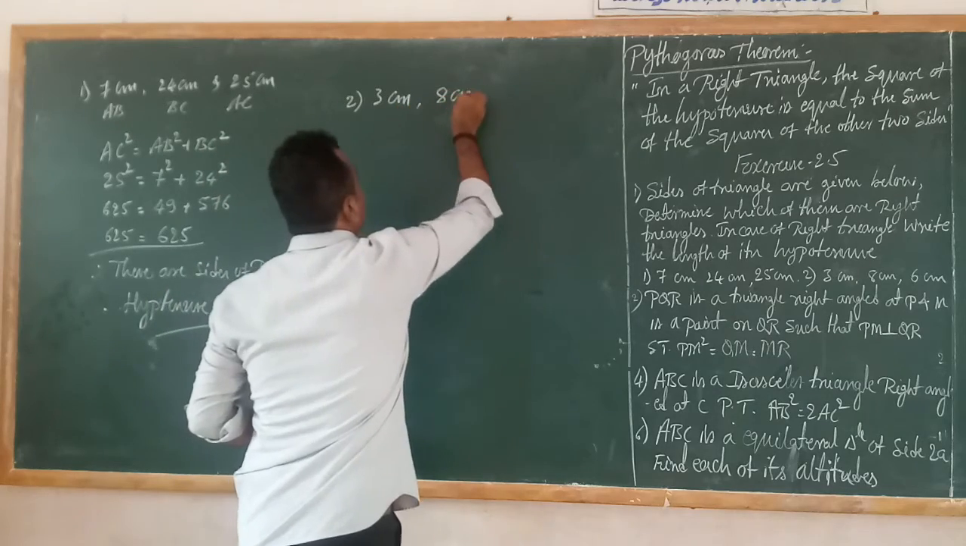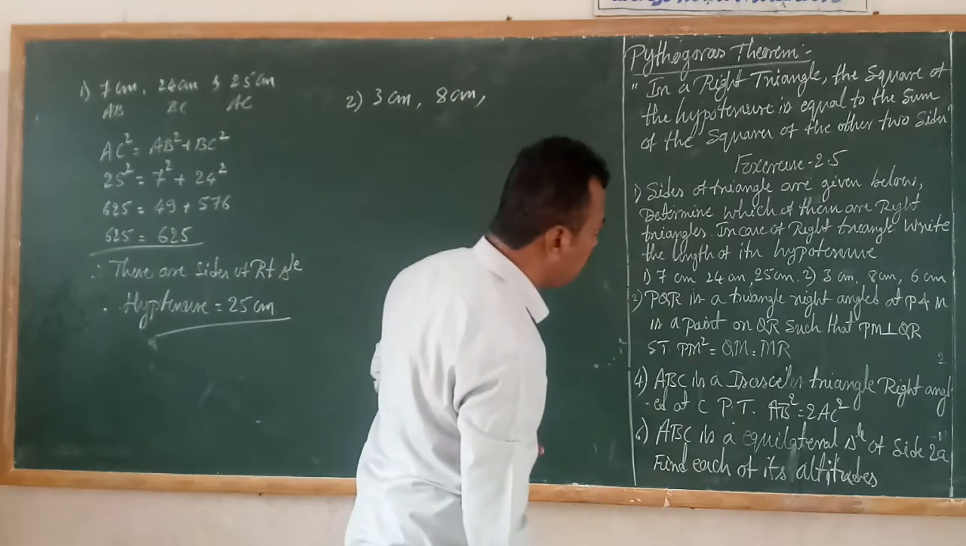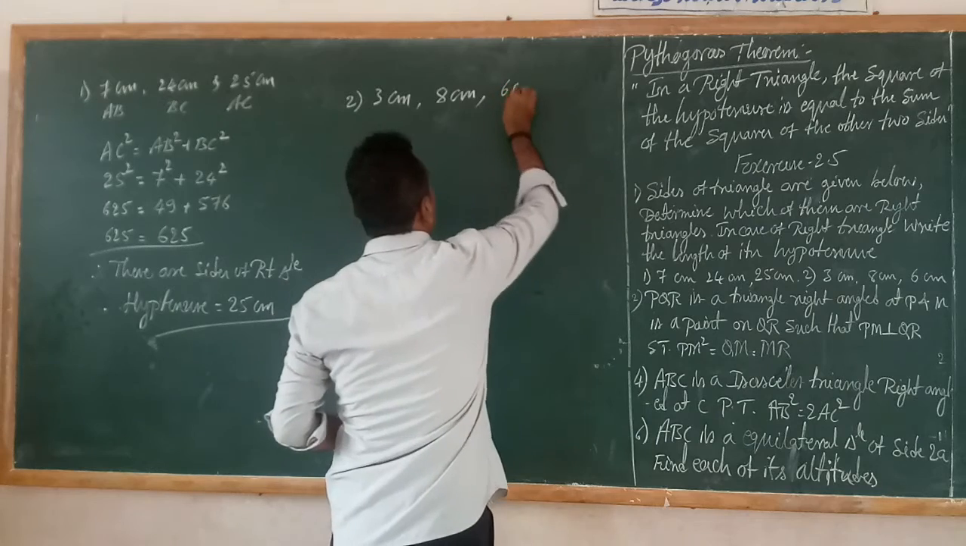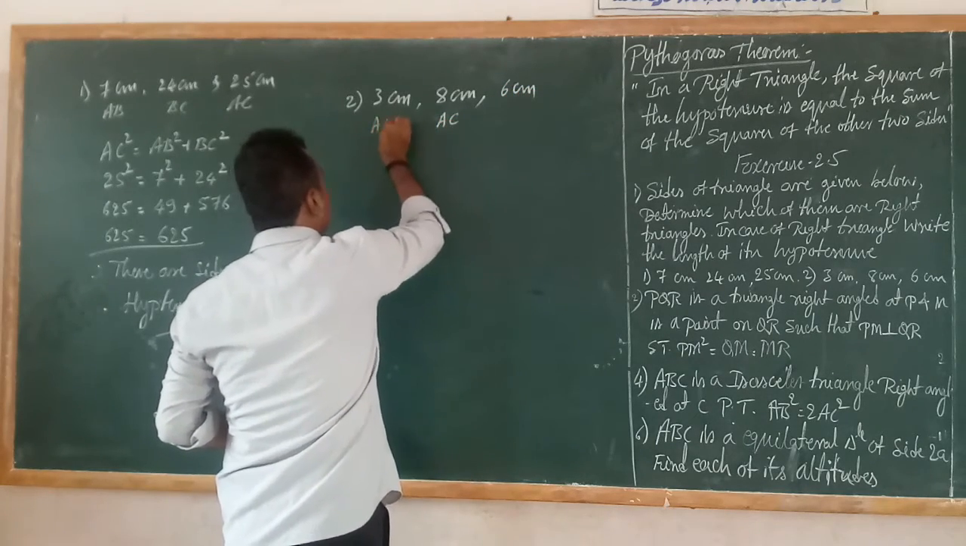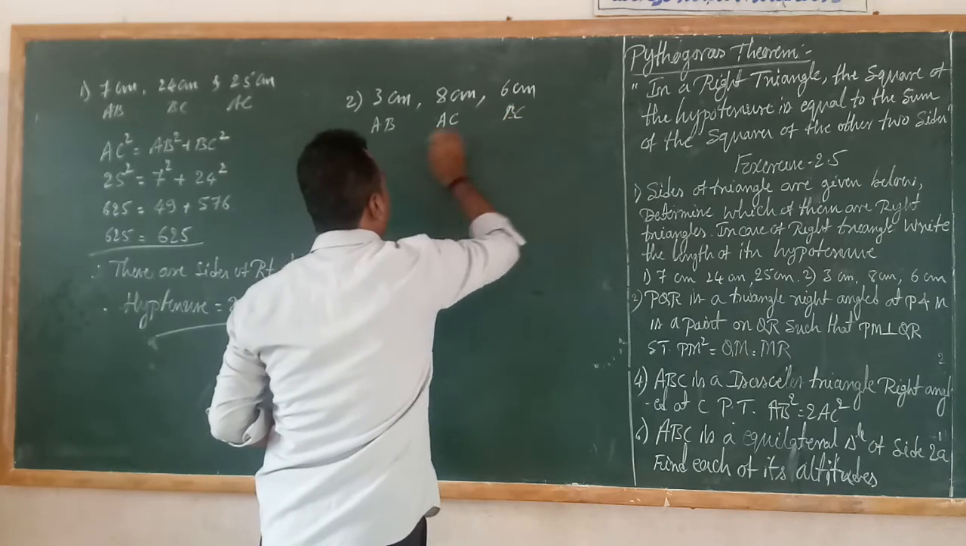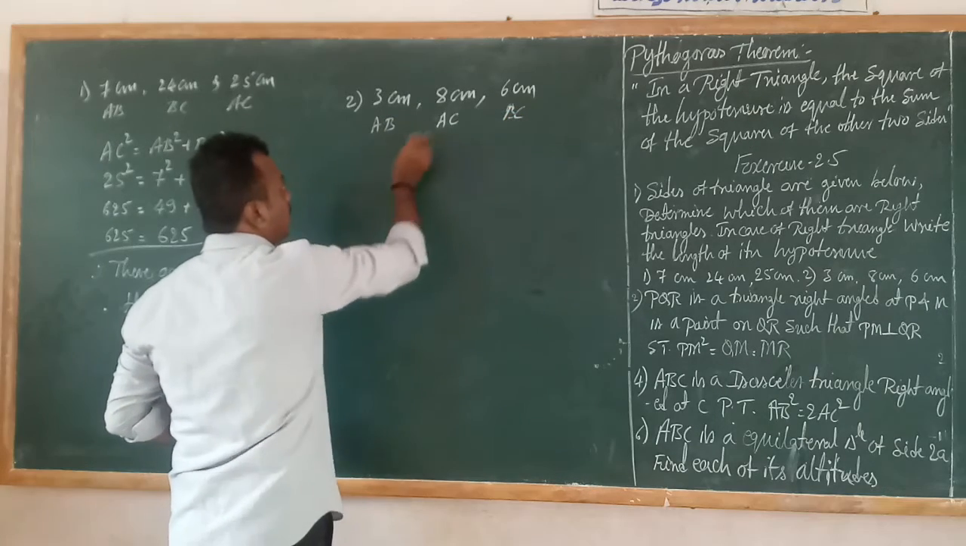and then 8 centimeter, and finally 6 centimeter. Okay. In that, the highest number is 8. Therefore this is AC. This is AB or BC. If you are giving AB, you should give the BC. Then